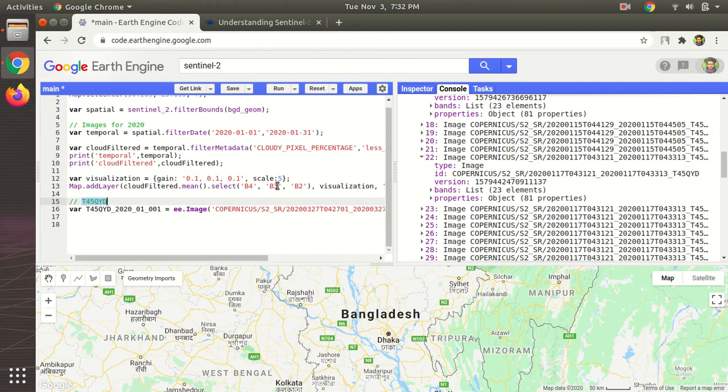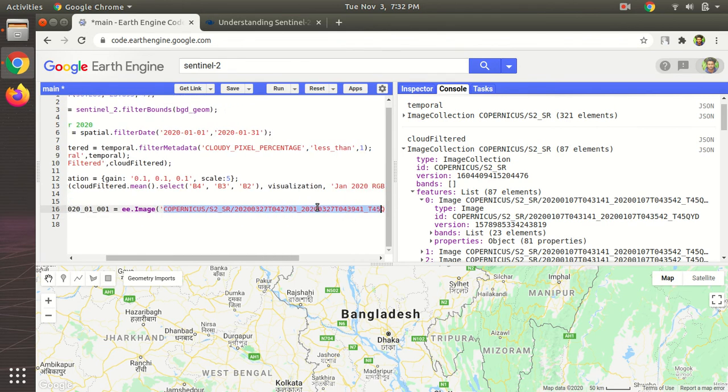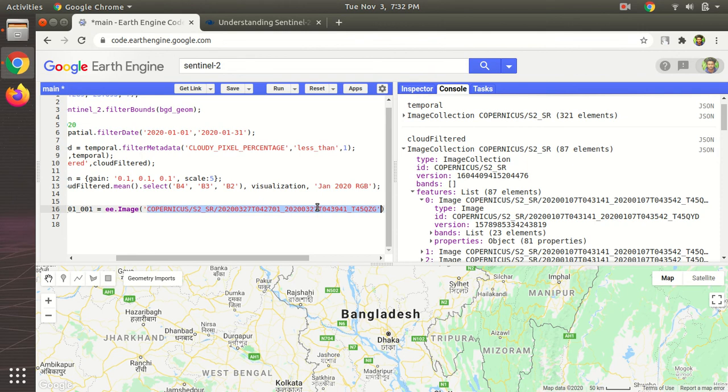We just need to give it the identifier. So we are working with T45QID. Let's go to the first image with T45QID and copy its ID. We copy this by pressing Ctrl C, and I'm going to replace it here with this T45QID image.